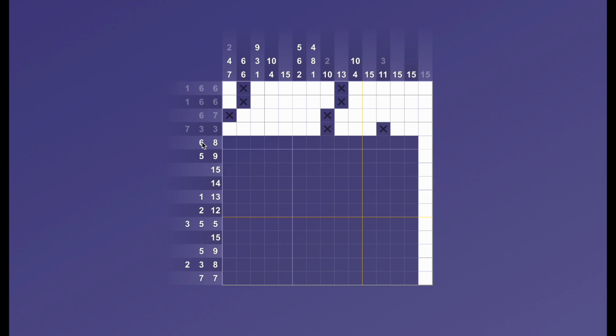plus a 6, which is 14. The x in between makes it 15. Again, it's the whole row. So 1, 2, 3, 4, 5, 6, 7, 8, x, 1,